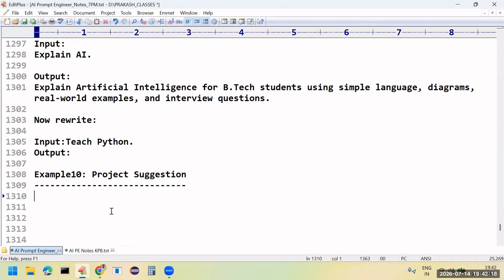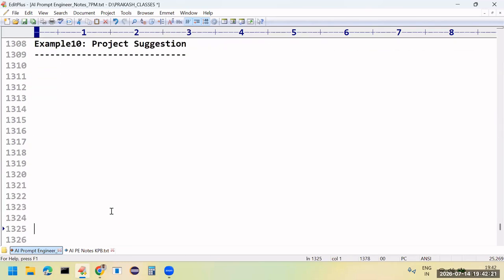I know on which domain I'm going to generate the project, but I want a proper project name. So let me write the prompt: can you please suggest a project?